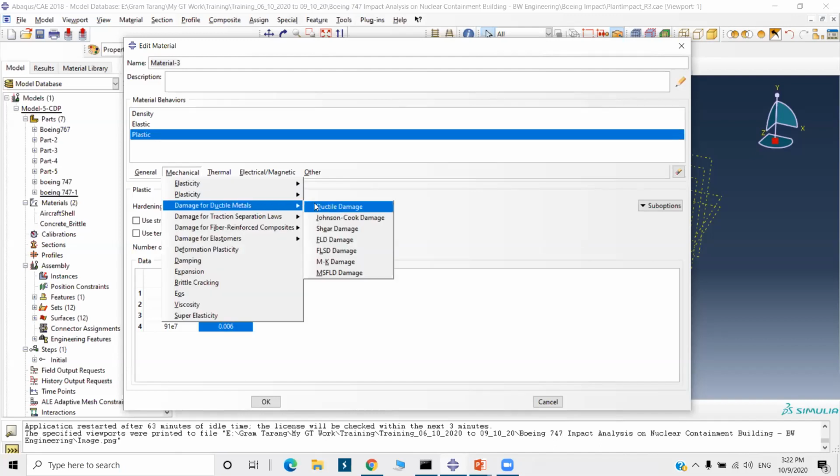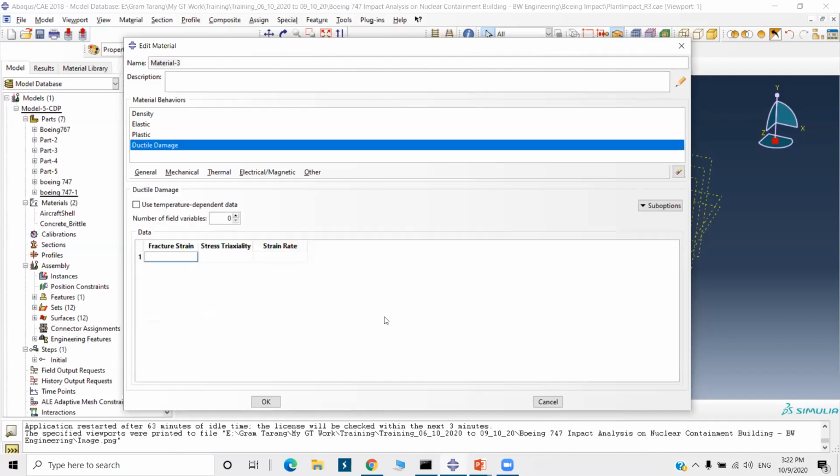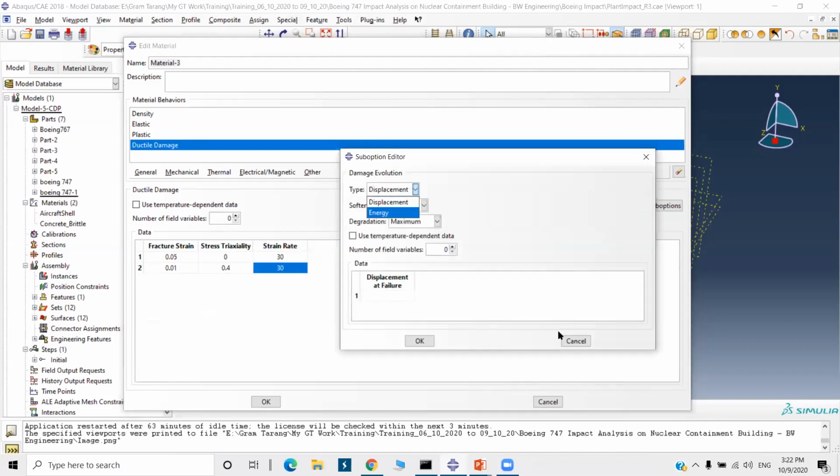Again ductile damage. Suboptions, damage evolution. Here select energy, 180.